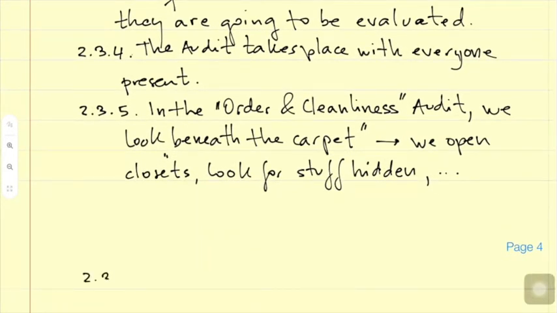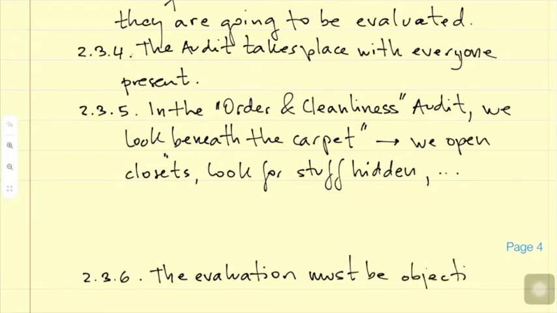Also, we are trying to make a Bewertung, how do you say it in English? We are trying to evaluate. This evaluation, the evaluation must be objective, okay, and should be explained,